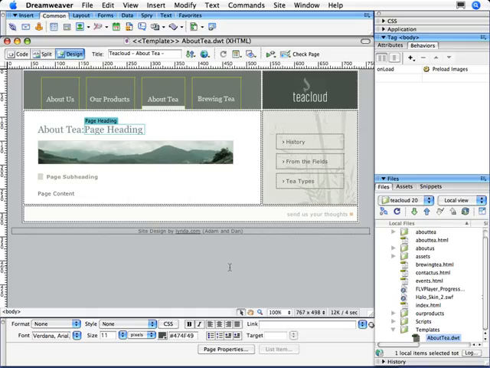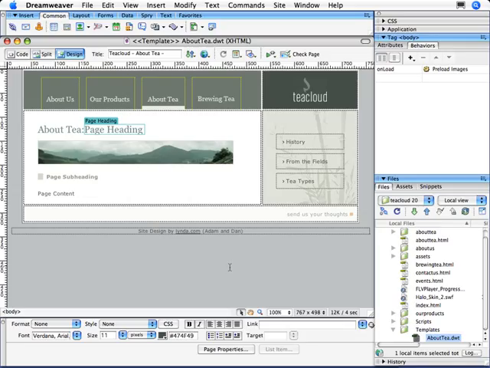As we saw in Chapter 3, templates built in Dreamweaver are accessible to Contribute users who have access to the site and who have permission to access particular templates. As the site administrator, you can allow only certain users to access certain templates. For example, you could allow Contribute users in the marketing department access only to templates designed for marketing use, and Contribute users in, say, human resources access only to templates designed for HR use.